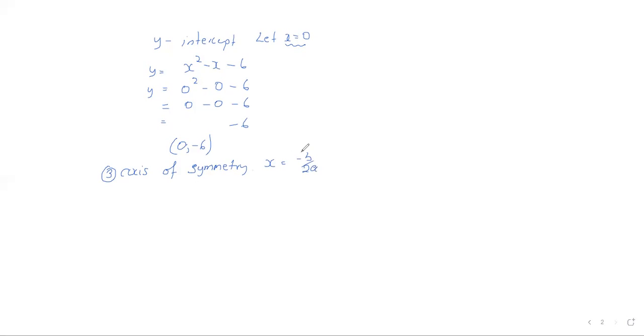The function will be symmetrical along this value of x. Now we have y is x squared minus x minus 6, where a is equal to 1, b is negative 1,